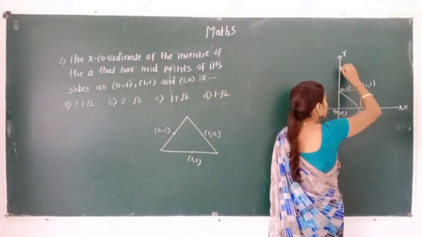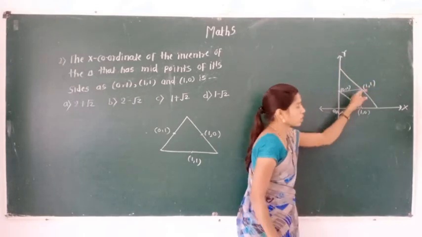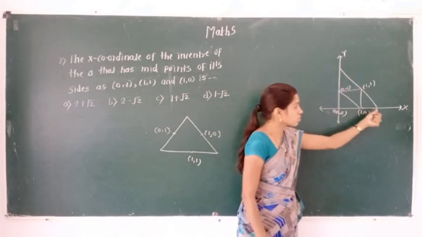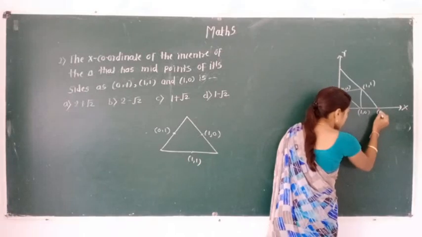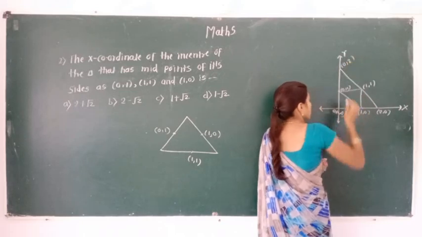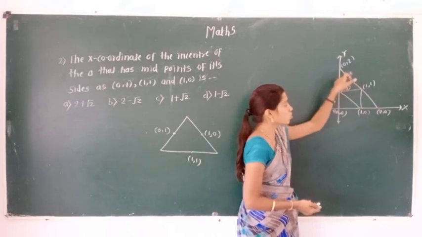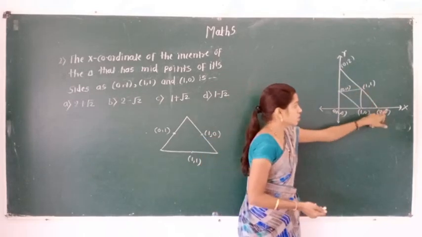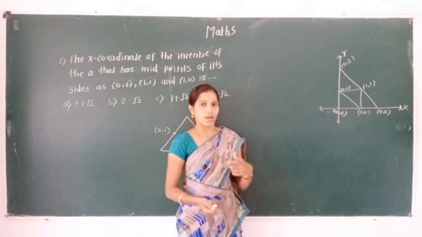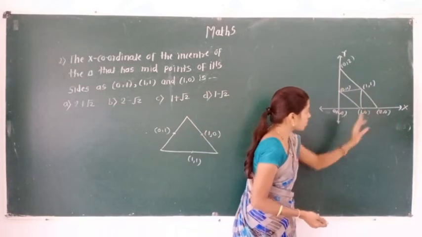We know that we draw the line segment, and this point is the midpoint of this line segment. So take the coordinates of this point. See here, take (2, 0) and here take the point (0, 2). Applying the midpoint formula, we get the midpoint: 2 plus 0 is 2, 2 by 2 is 1. The y coordinate sum is 2 plus 0, which is 2, and 2 by 2 is 1. So (1, 1) is the midpoint of this line segment.